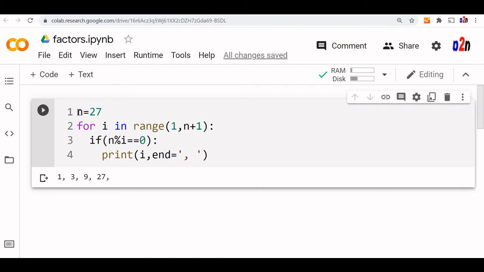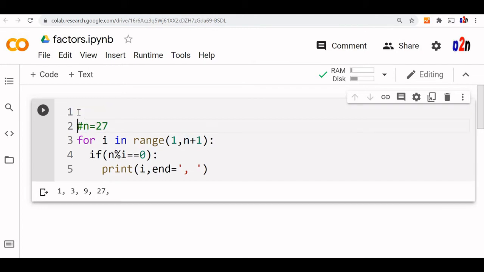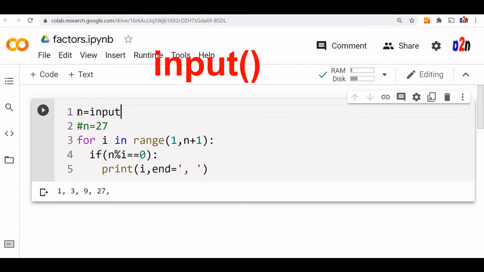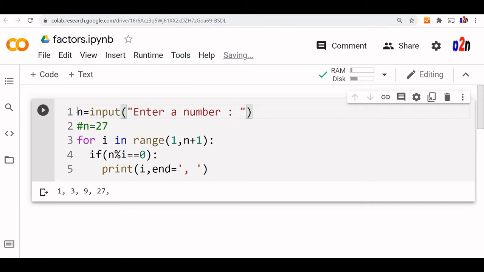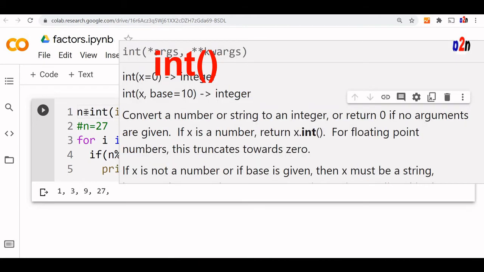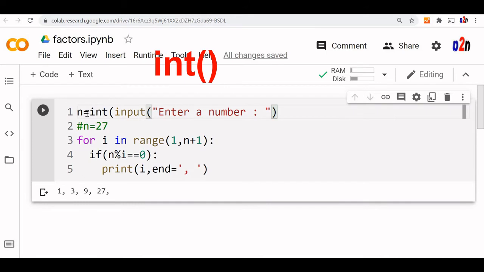Let's add user input to this. So the user will input the number. We'll comment this line. Above that we'll declare n equal to input, enter a number. We are asking the user to enter a number, but note that all inputs by default are strings, so we have to convert the string to a number by using the int function here.